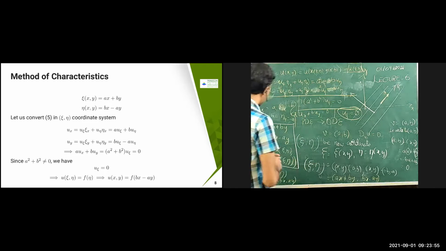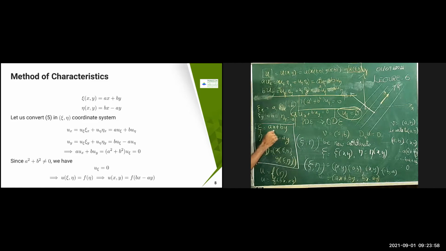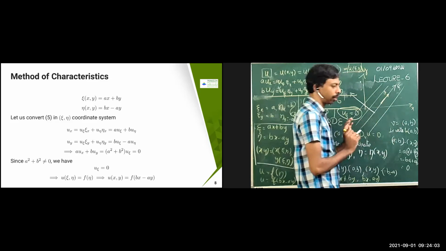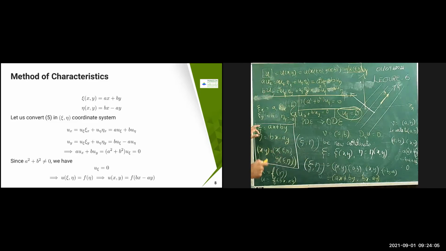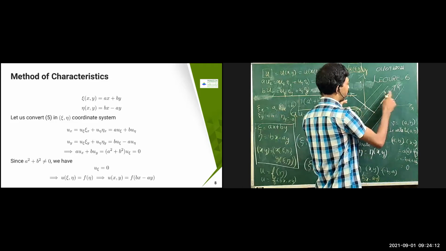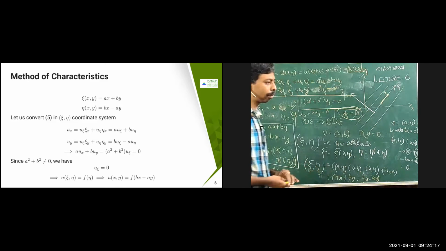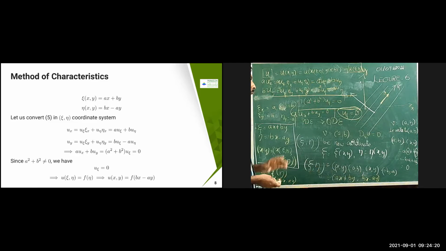We'll explain it later. What I want to do is find the relations between this coordinate system and this coordinate system. That relation is chi equal to ax plus by and eta equal to bx minus ay. Now, suppose I am sitting in the coordinate system chi comma eta. Can I find the inverse relations for this one? Is it possible? Yes, it is possible only because a square plus b square is not equal to 0. That is due to the inverse mapping theorem. I'm saying this without stating the theorem, but in later cases, I will.